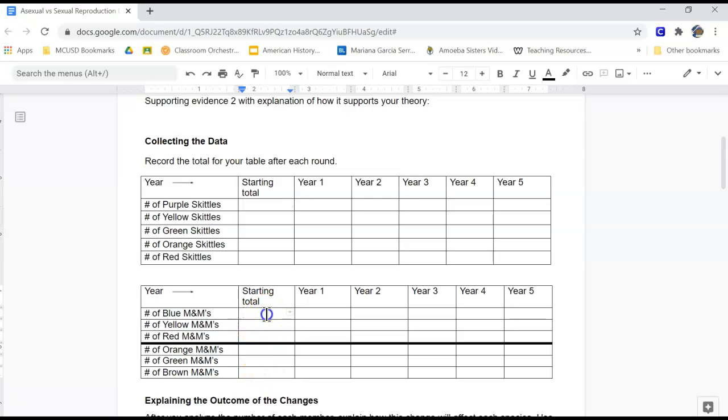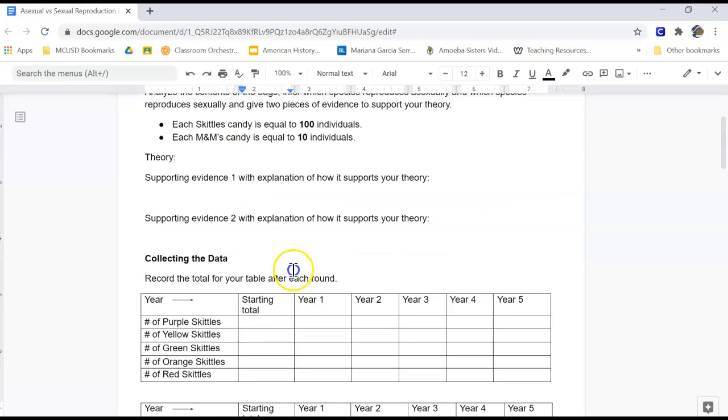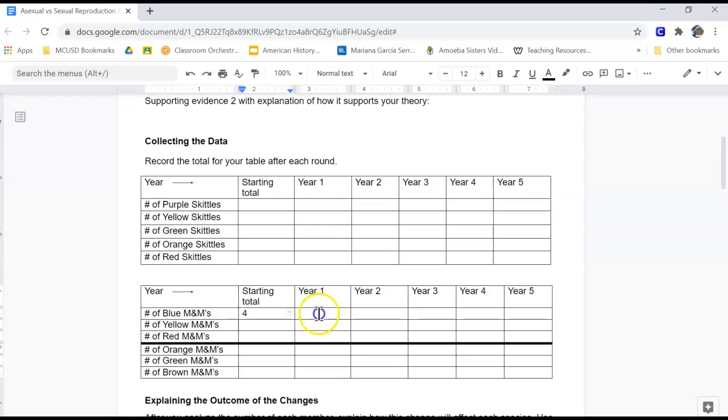So if we start with 4 blue M&Ms and each one is equal to 10, year 1 will have 4 times 10, which is 40, plus our original 4, which is 44. Year 2, we will multiply that by 10, which would be 440. Then we have to add in our original 44, which means we'll have 484. And you will take that all the way across, and you'll figure out how many individuals of each color